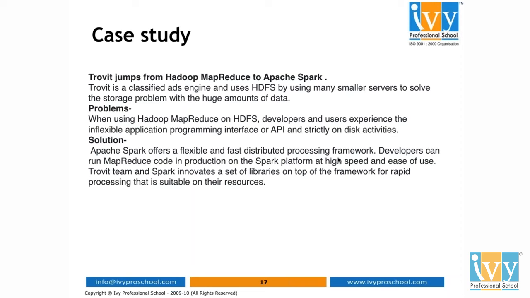It is a fast distributed processing framework. It's 100 times faster than MapReduce, and instead of running their code on MapReduce, they started using Spark, and they noticed very high speed, which means the performance improved a lot. And they also found that there are a lot of libraries that Spark offers, and they can do a lot of processing. They can do good analytics, meaning data analysis through Spark SQL. They can do machine learning through the machine learning libraries. They can do graph analysis using the GraphX library in Spark.